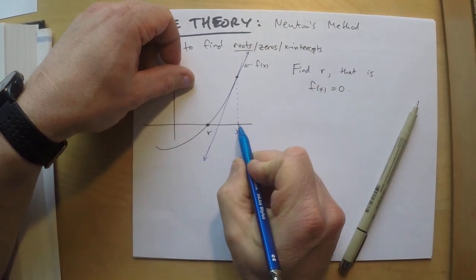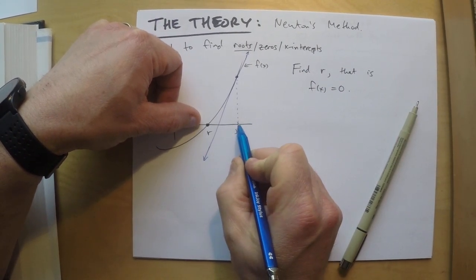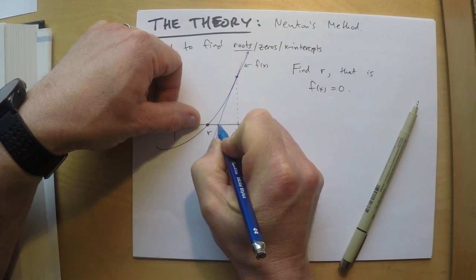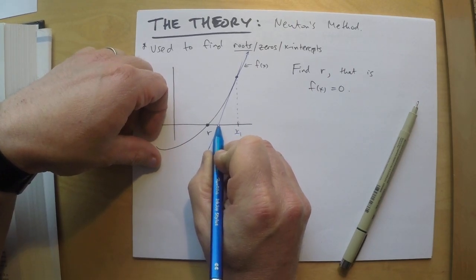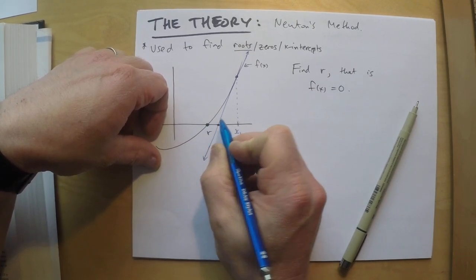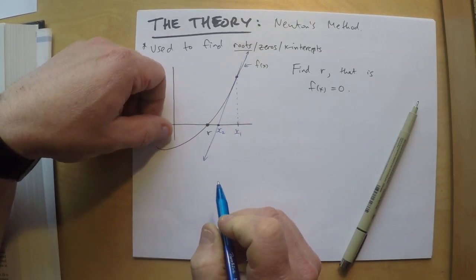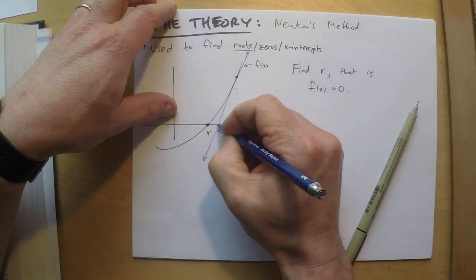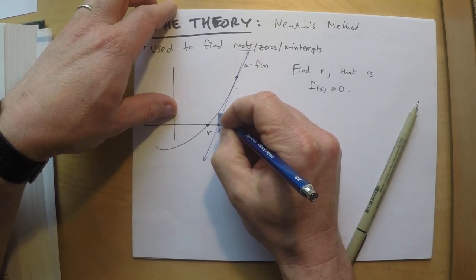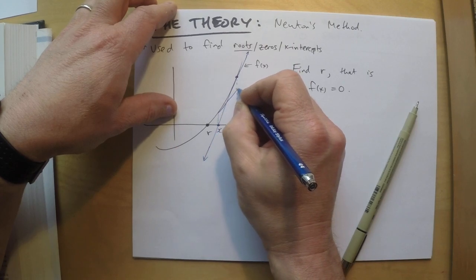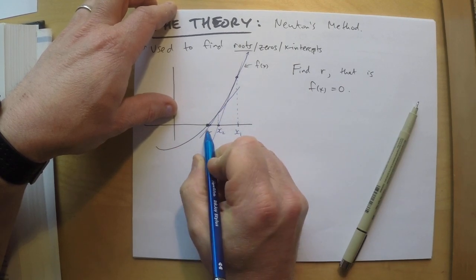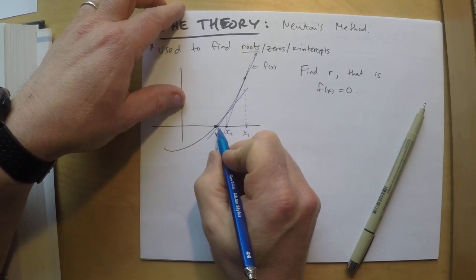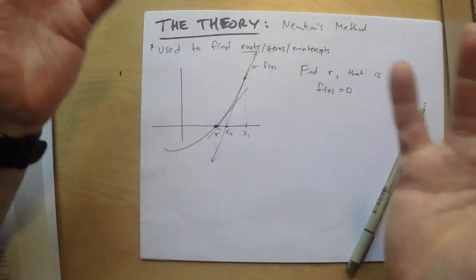His theory was, pick a root or an answer that's close to the root, go up to the graph, find the tangent line. The x-intercept of that tangent line would be a better approximation to the root. So then they would call this x2. That was the first guess. This tangent line led to a better guess, and then you keep going. So then you pull that up to the graph, do another tangent line, and then you get even closer to the root. And you keep doing that over and over until you're happy with how many decimal places